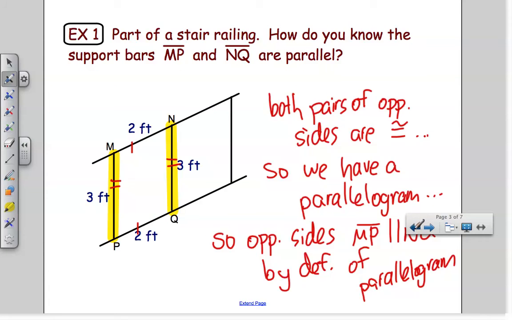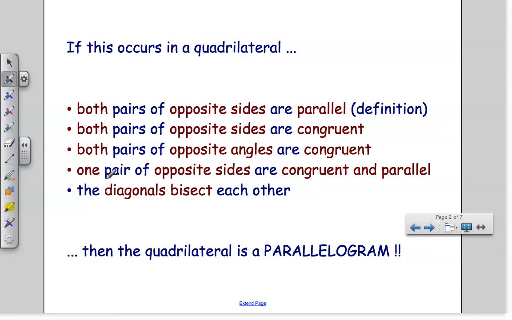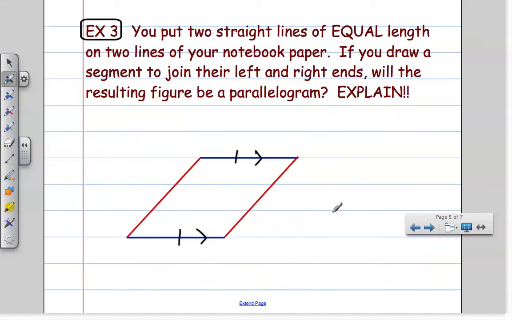And if I go back, that is another one of those properties that proves a quadrilateral is a parallelogram. One pair of opposite sides are congruent and parallel. This one pair of opposite sides is congruent and parallel. So yes, it is a parallelogram for that reason. And today, when you're supposed to give a reason, I just want you to write it out. You'd say, is a parallelogram because, and give the reason. In this case, actually, is because one pair